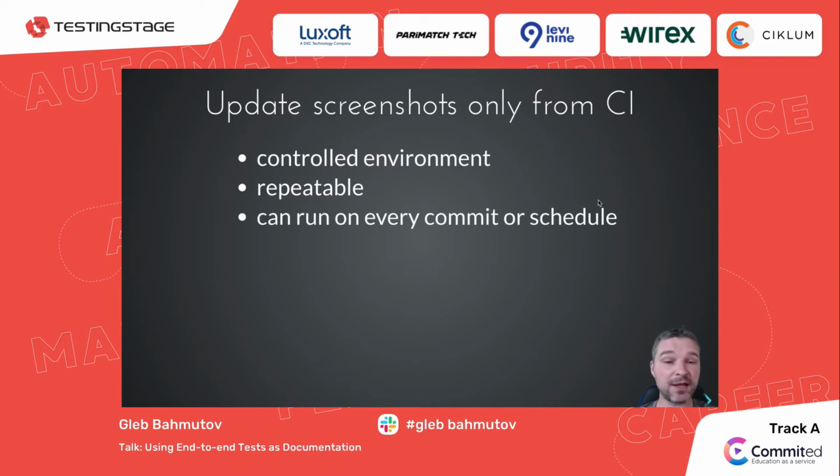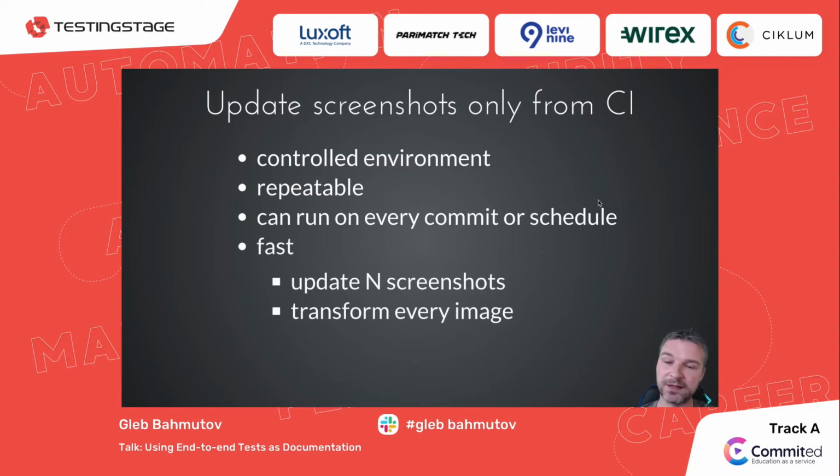And we can do it on schedule as well, not just on every branch merge, but also overnight. Maybe we can do it after every major release using a tag. And it's fast. In my example, I only had a single screenshot, but imagine we have 10 screenshots showing the application in different steps and different stages during different user stories. It might actually be very fast to update the screenshots because Cypress tests run very quickly, but if we try to do it manually, it will require hours of work. And also, some of the screenshots could be updated and some still look the same and we would not have to update them.